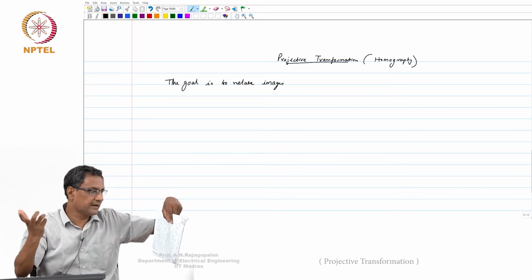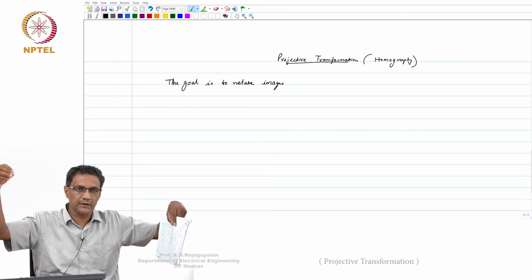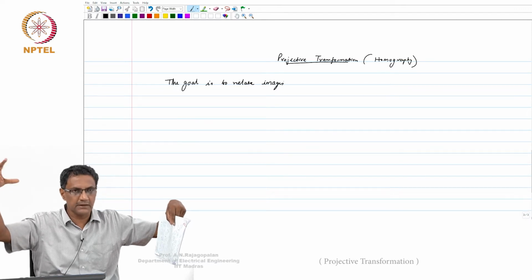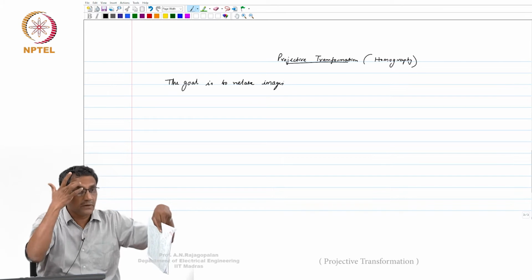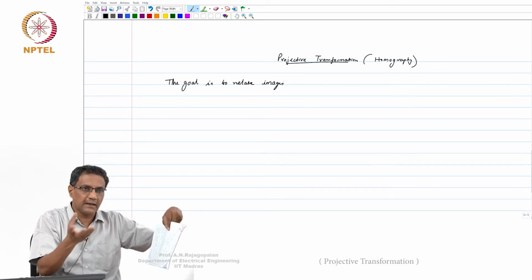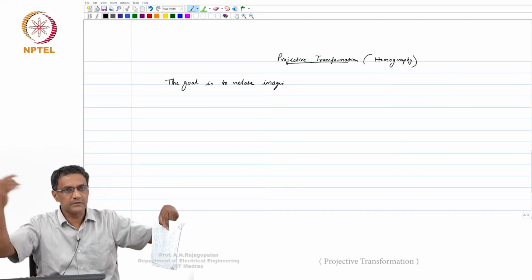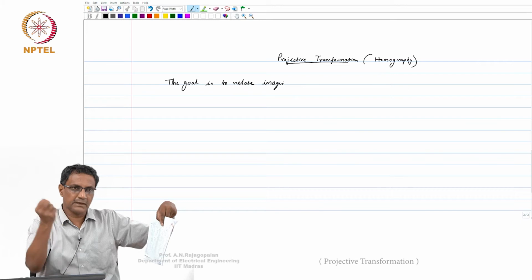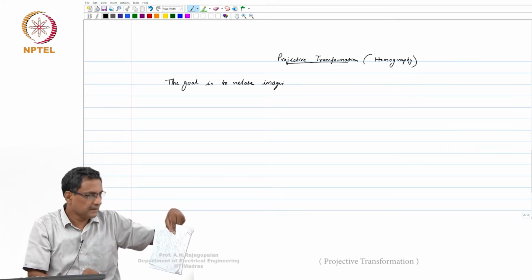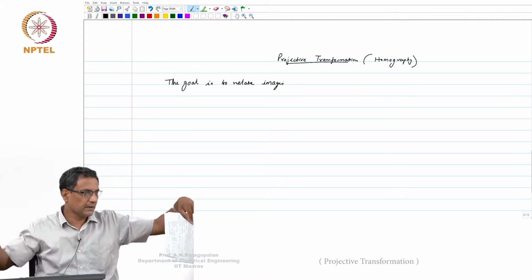Obviously, even though from a point so many rays emanate, only one ray goes in. That is also the reason why you tend to use a lens, because with a pinhole, if you want enough light, you have to wait a long time, since you don't get all the rays. But with a lens, you can bring them all together and focus them. But right now, with a pinhole model, we are looking at a scenario like this,